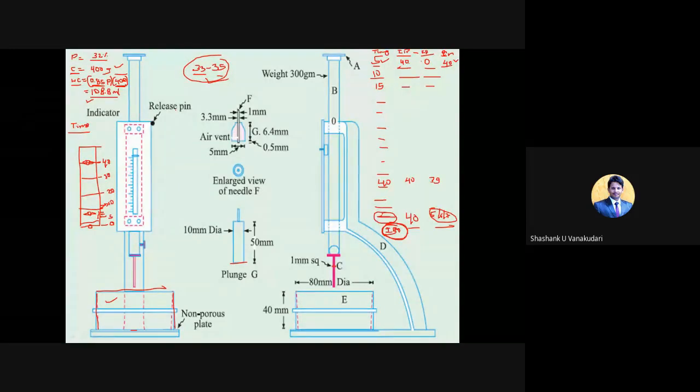Clear? So before the initial setting, you have to complete certain works. You need to mix all the ingredients properly, then transport it from the mixing plate to the required location, and then place it in certain structures like columns, beams, slabs, and all. Then you need to go with the compaction process, and then finish it properly.